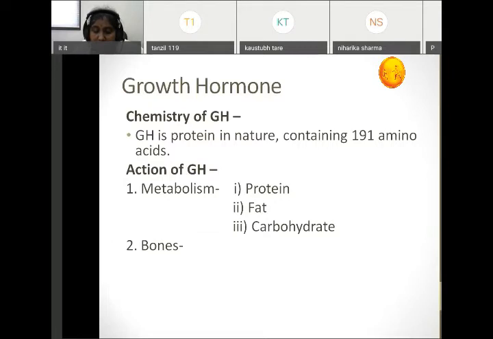So remember that even though the growth hormone secretion is normal, if somatomedin C is absent, then the person becomes a dwarf. So remember that for the action on the bones, somatomedin C is very important and it is synthesized by the liver. It is also called insulin-like growth factor 1, somatomedin C, and another factor that is insulin-like growth factor 2.